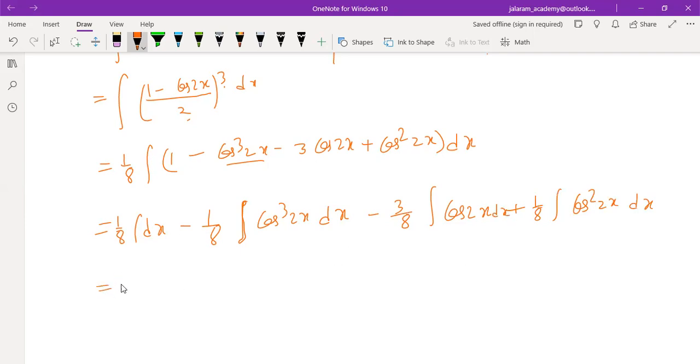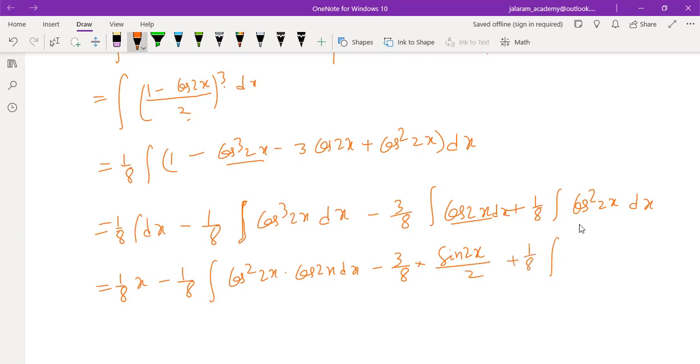Don't forget to write dx anywhere. 1 by 8 x minus 1 by 8 into. To solve cos cube 2x, we can write cos square 2x into cos 2x dx minus 3 by 8 into integration of cos 2x is sin 2x by 2 plus 1 by 8 into cos square 2x is again solved